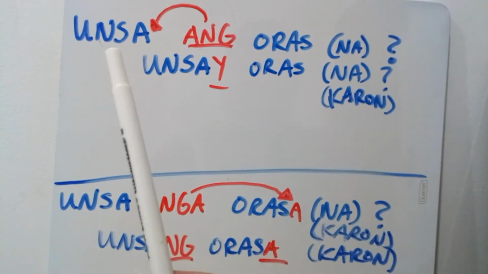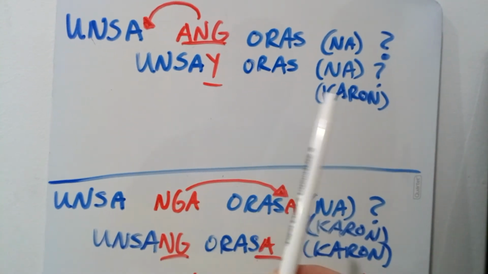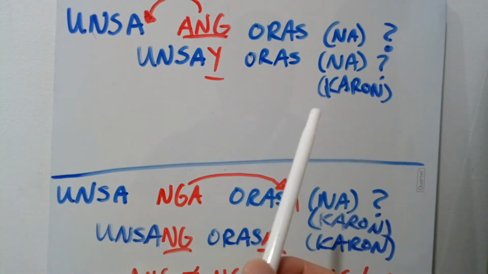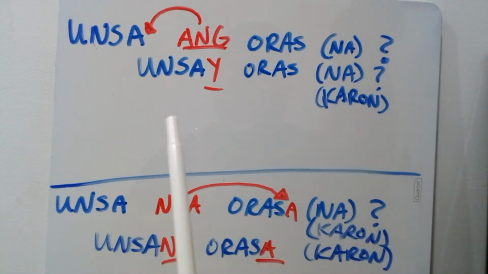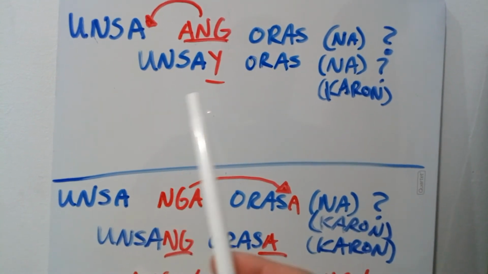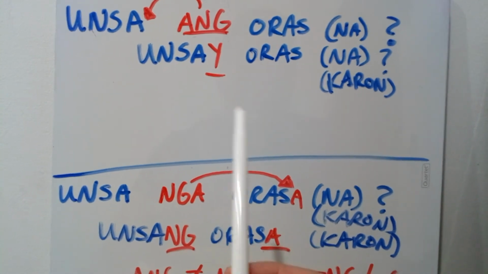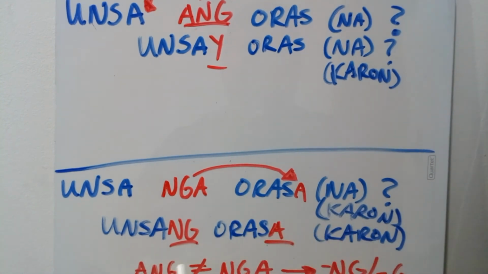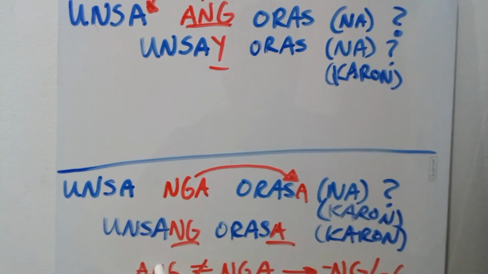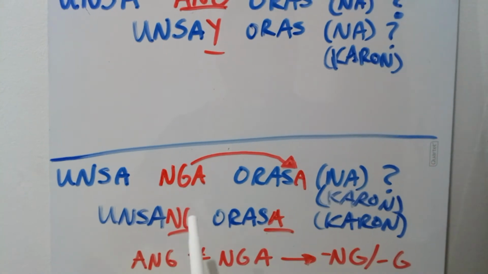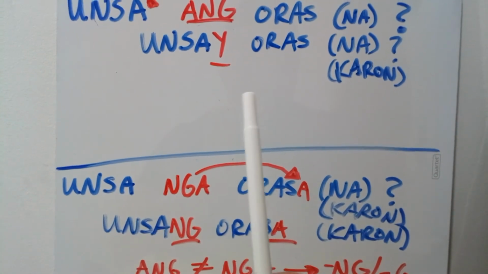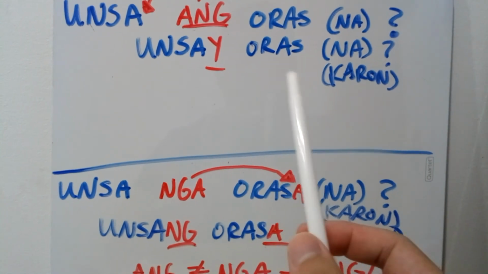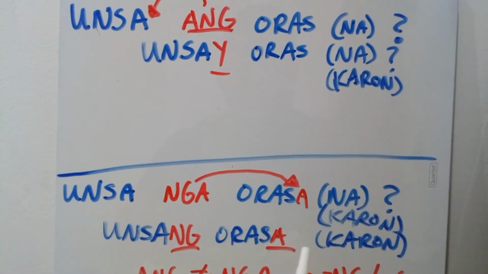However, when people don't want to contract, they say unsa ang oras. When they say this really fast, it does sound like unsang, right? Unsang oras. But that's actually kind of wrong speech. It's better to say unsay oras, right? The i differentiates that nga sound. The e changes the meaning with that ng sound. Another thing you can differentiate is that the oras in unsay isn't modified, whereas the oras here is modified with an a.